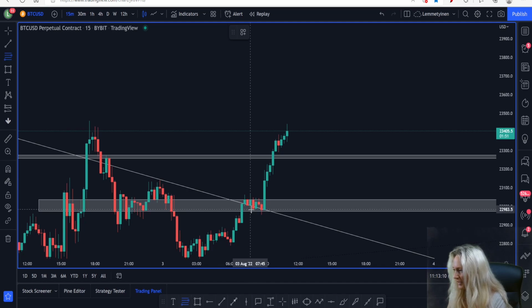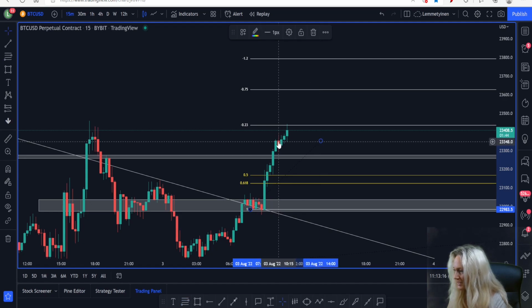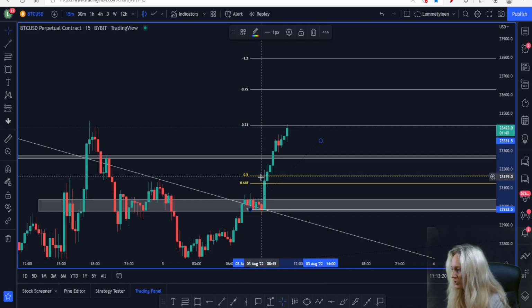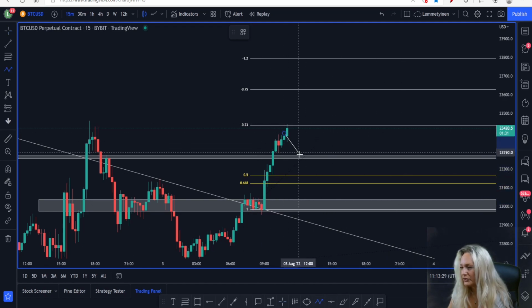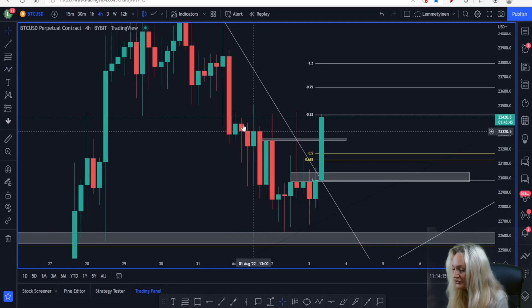Another thing that we also can do is that if we see that the market only gave us a small pullback, we drag the Fibonacci now from 22,983 back up to the exact same candlestick, and that is 23,350, gives us Fibonacci levels 23,168 and 23,124. So this is also where if we don't only come back down and retest this previous resistance at 23,260,